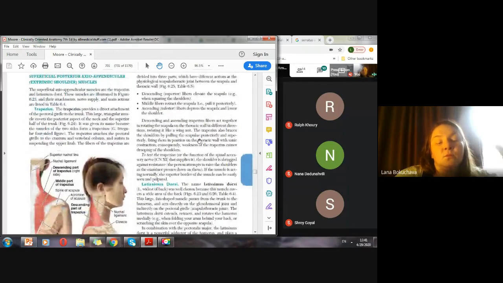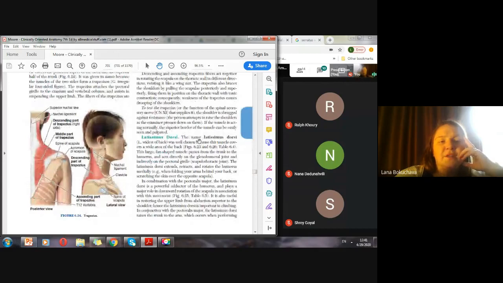of the trapezius. You can see that trapezius is really a large muscle, so it is a very broad type of muscle, and as a result you can see that we can even subdivide it into three main parts. So we do have the ascending part, because its fibers are oriented, as you can see, obliquely and superiorly towards the spine of the scapula, as well as the middle part of the trapezius, where we have horizontally oriented fibers, and we do have the descending part of the trapezius, which is mainly associated with the